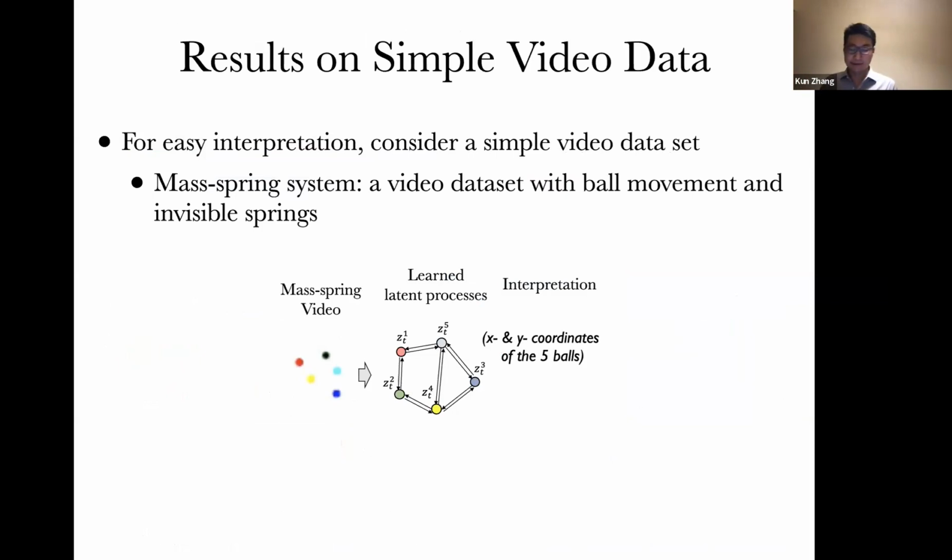Now let's see one application. So here we have video data as the input. On the left, you can see this is a video. Let me play it. So we have 5 balls with different colors, and between some pairs of the balls, there's a hidden spring. So they are related. With this video data as input, the method discovered 10 latent processes. It turns out that they are just the X and Y coordinates of the 5 balls. At the same time, you can also recover how they are related, the time-related causal relations. So now you can see we have an automatic way to discover meaningful latent processes from observational data, as long as the mapping is invertible.